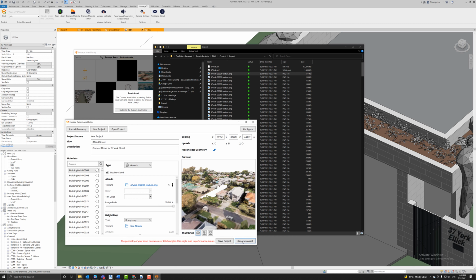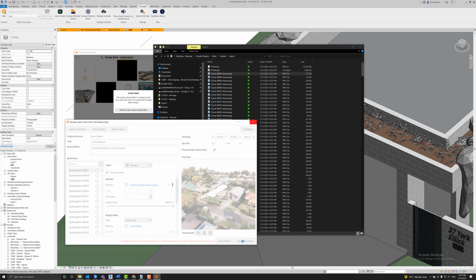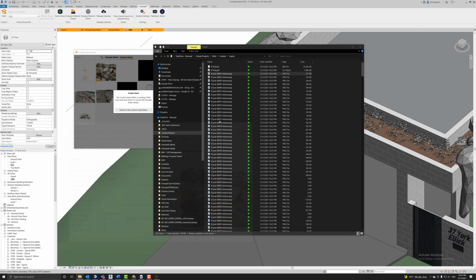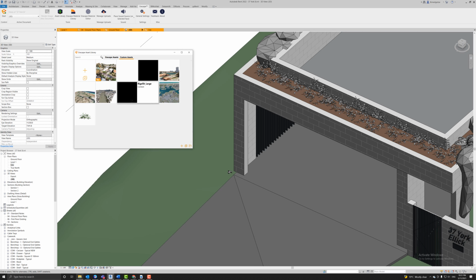Then, yeah, generate asset should start generating. You'll see it take a second and then give you the little green text at the bottom there. It might give you some warnings as well. Next thing you need to do is click on the three little dots, and we can say link Revit family to asset,